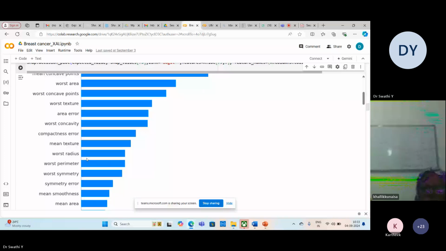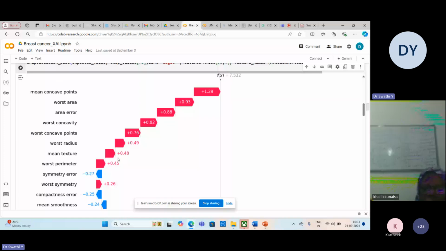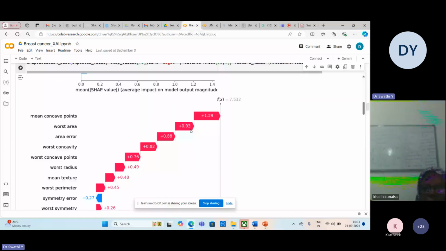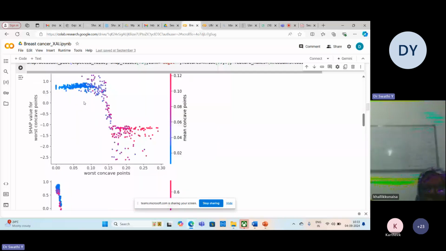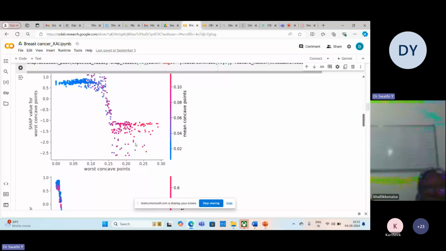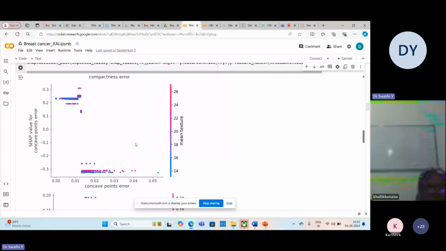And if you want something instead of these values to be displayed, that is also possible: correlation between the values, a dot matrix between the values, and dependency between the values. Whether features are depending on other features, you can see that here. And for an individual feature, what the values are with respect to each feature, you can also see.